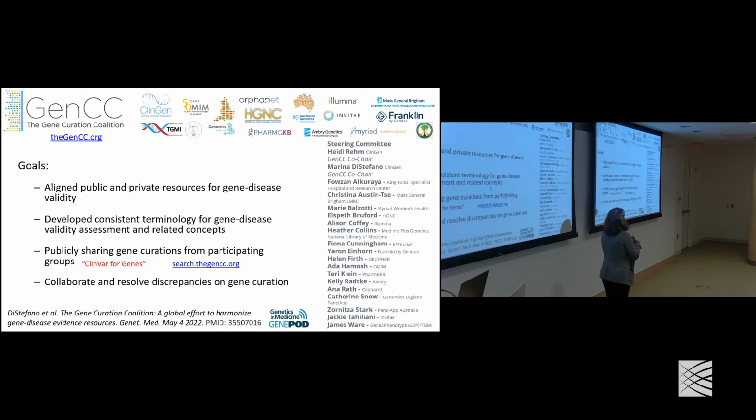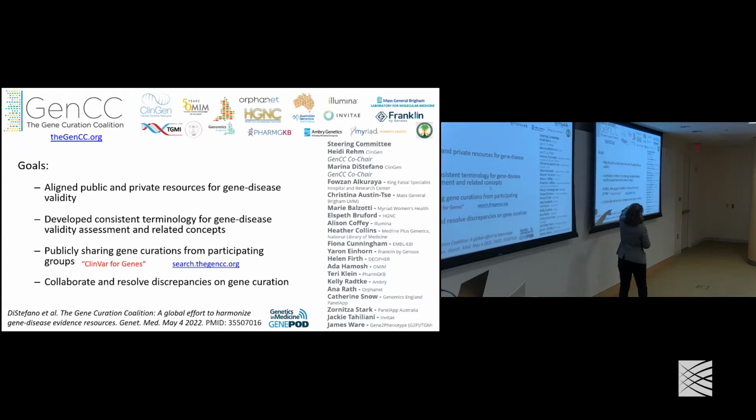So we got all these groups together and said we need to align all these resources, use common terminology. We went through a whole Delphi survey process to define the terms, which in the end ended up being pretty much the ClinGen framework that I already shared with you, although we added one other category that was animal model only. So really systematically defining those genes that are clearly implicated in a non-human phenotype, but not yet implicated in a human disease. And we have a special category for those now after this work.